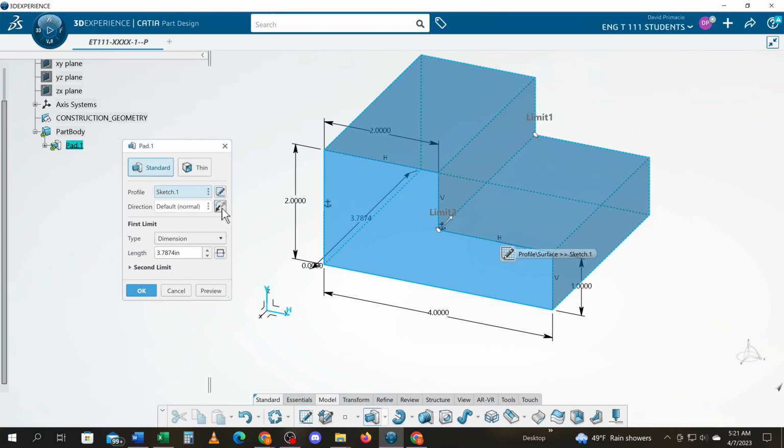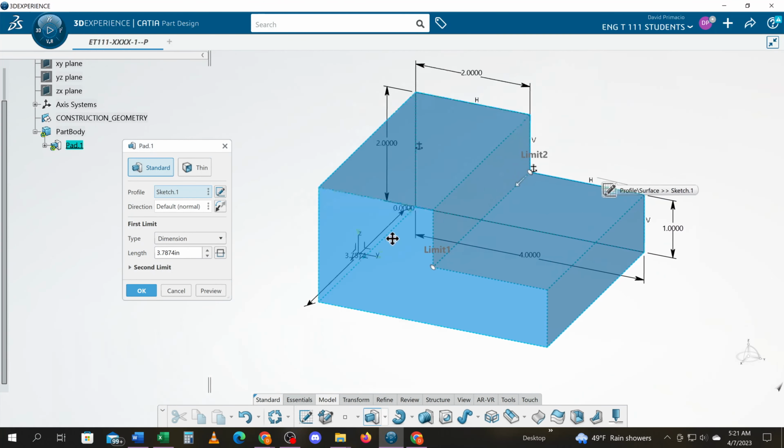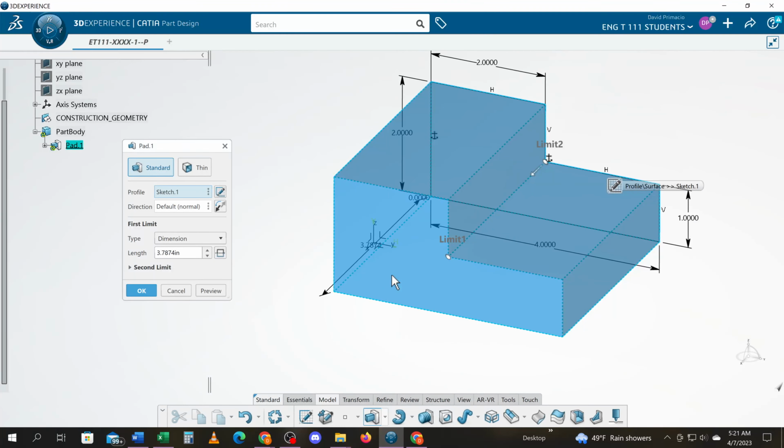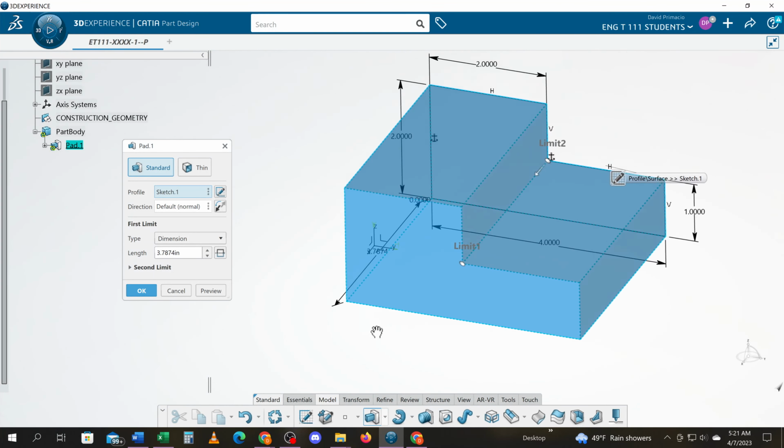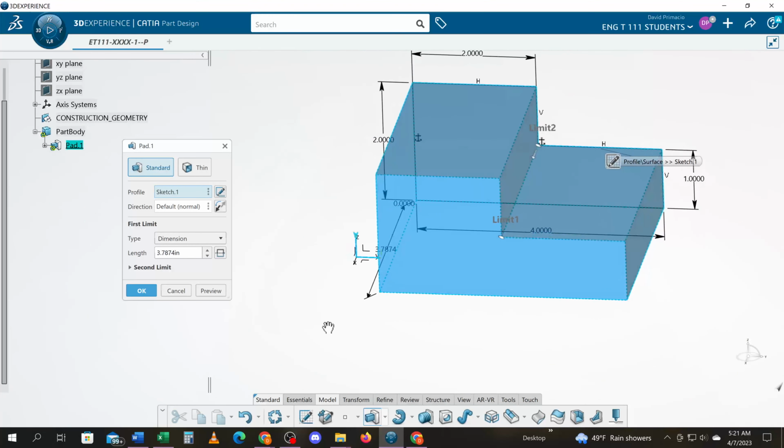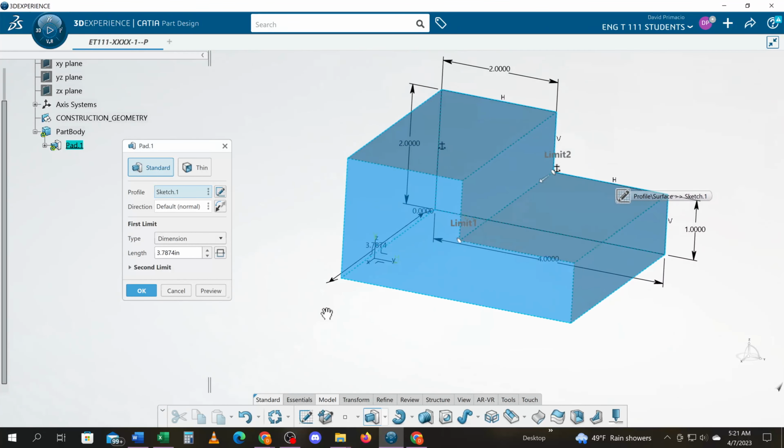If I don't reverse the direction, this is the front view and all the dimensions are on the back. And it's not a true orthographic projection when I'm working off the axis system. So the axis system should be on the front and it's on the back right now. See, it's on the back corner. I want that axis in the very front. When I reverse the direction,